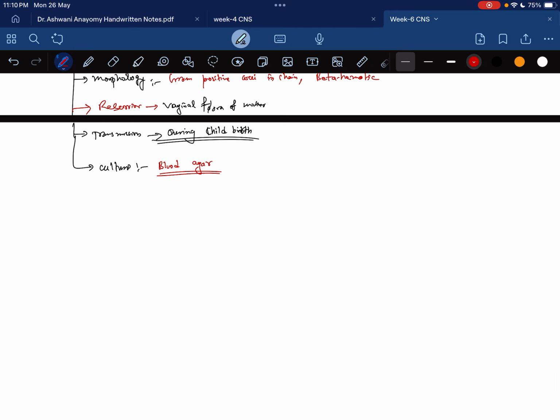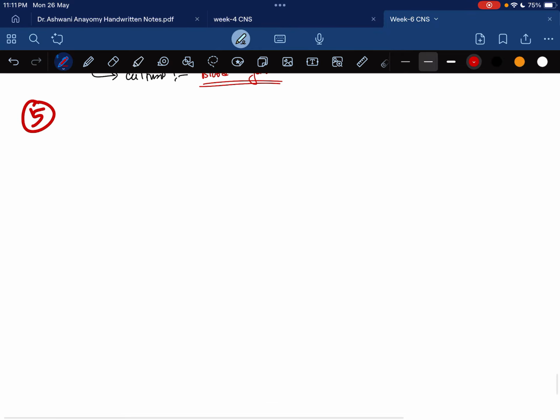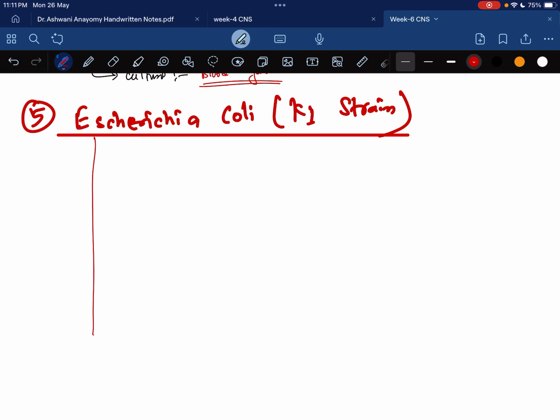So there is another organism that also causes meningitis, known as Escherichia coli. It is the K1 strain. Moving on, morphology